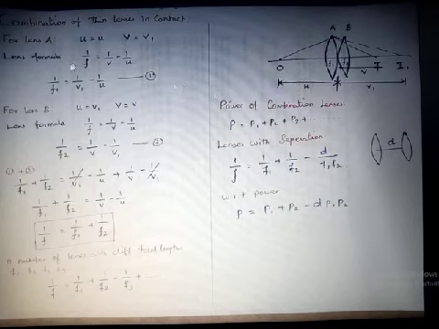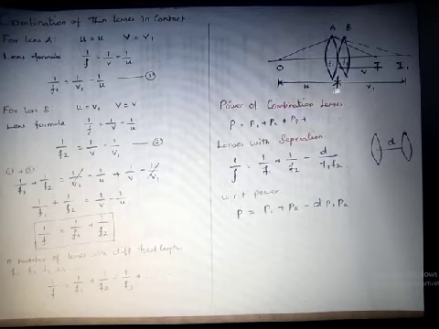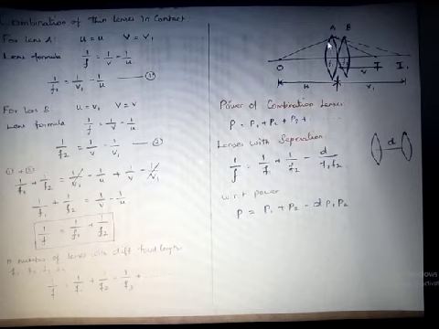Okay, so if you find the lens formula here, for the combination of thin contact lenses, for lens A, U is considered as U and V is considered as V1. So U is U, V is V1. So 1 by f is equal to 1 by v minus 1 by u. Here f is the focal length f1 for lens A. So instead of f, I write f1, and 1 by f1 is equal to 1 by V1 minus 1 by U. Okay, this is equation number 1.